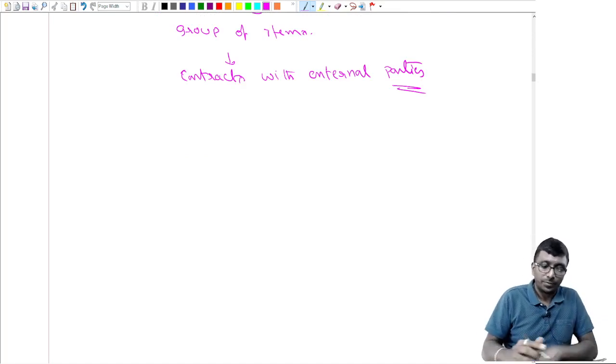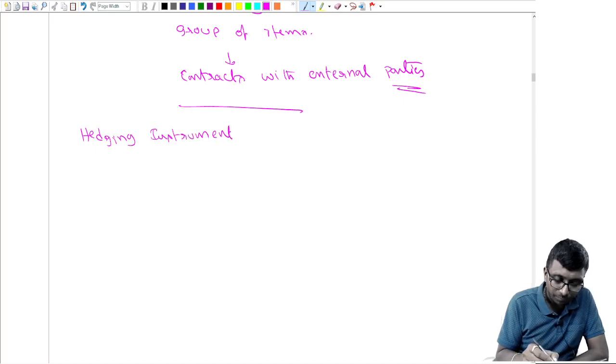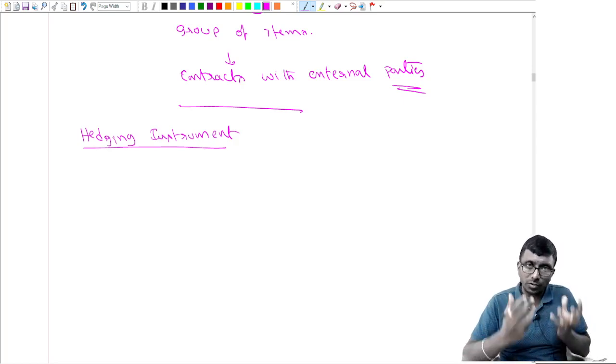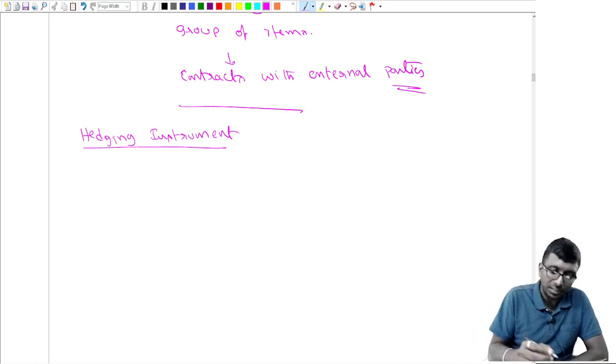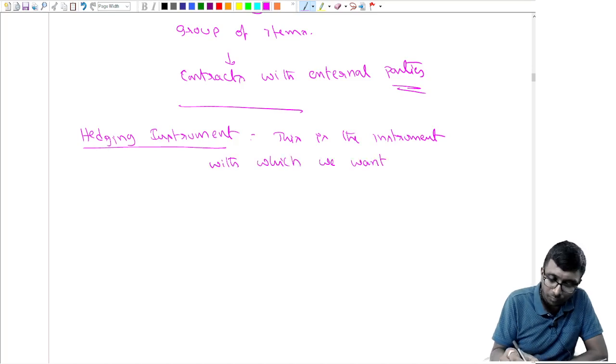Hedging instrument. What can be a hedging instrument? Hedging instrument means that with which you want to hedge the hedged item. Correct? Basically, right. So what is a hedging instrument? This is the instrument with which we want to hedge the risk